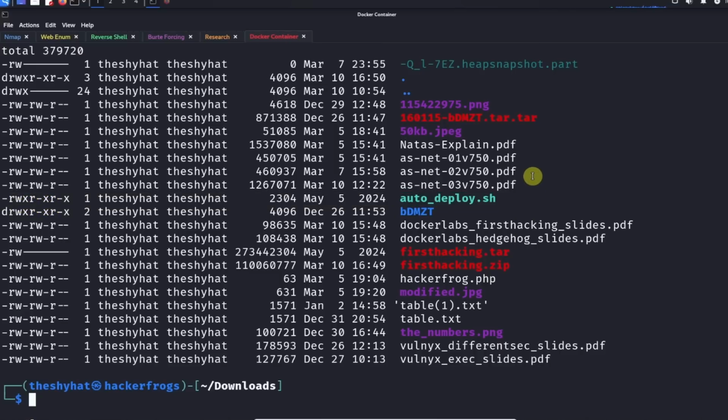From here, we're going to give the command ./autodeploy.sh, and we also need to supply an argument to the command, which is going to be the name of the tar file that is unzipped. So it's going to be the firsthacking.tar file over here. So it's ./autodeploy.sh space firsthacking.tar. We can go ahead and give that command,